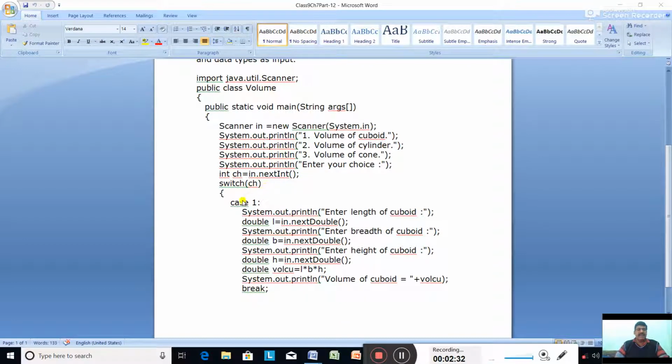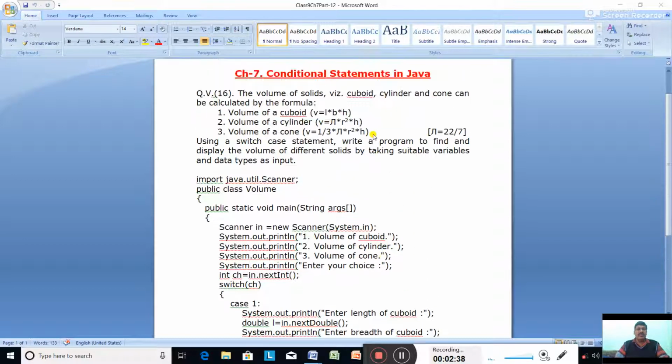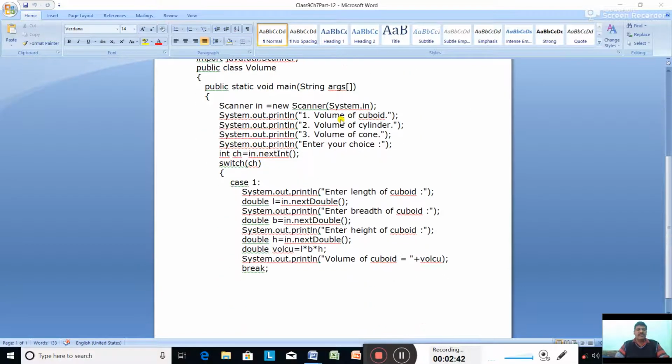Switch ch, case 1. In case 1 we are going to calculate the volume of a cuboid using which formula? V equal to L into B into H. So to find the volume of a cuboid, you have to input the length, breadth and height.